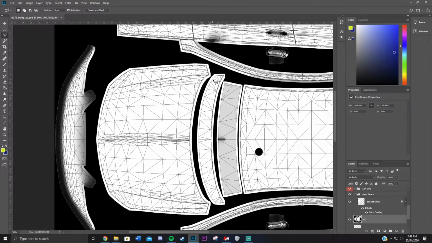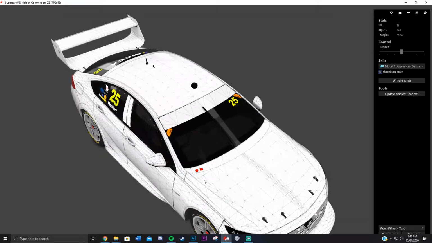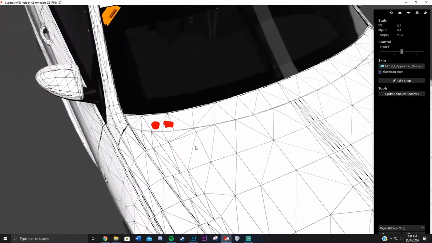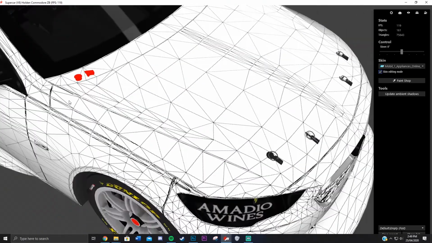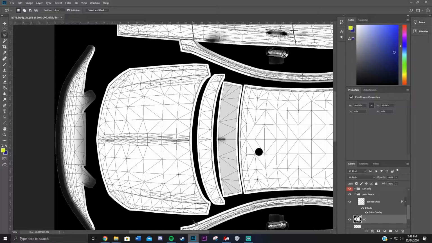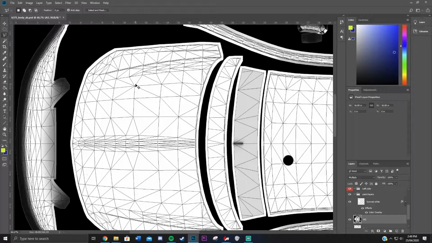Alright, so back to the A pillar. If we go into CM, we can zoom in and follow the lines, see which line we need to be following. We can see that the A pillar here is following this line, and it looks like it's about the third major line. There's a big gap there. So if we zoom in on that,